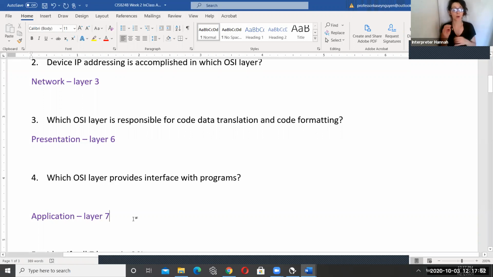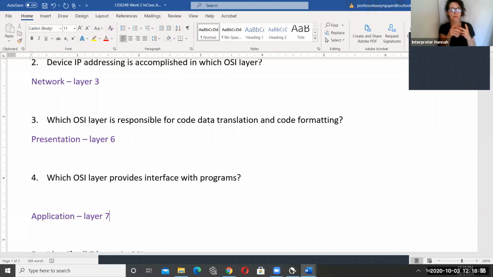Now, the OSI model is a common model to standardize not just devices, but implementation of protocols for specific services. And then sometimes you would see the TCP/IP model, which is built on the OSI model. It has fewer layers, and they would combine multiple layers of the OSI into the TCP/IP model. So when you interview for networking jobs, sometimes they would ask you questions